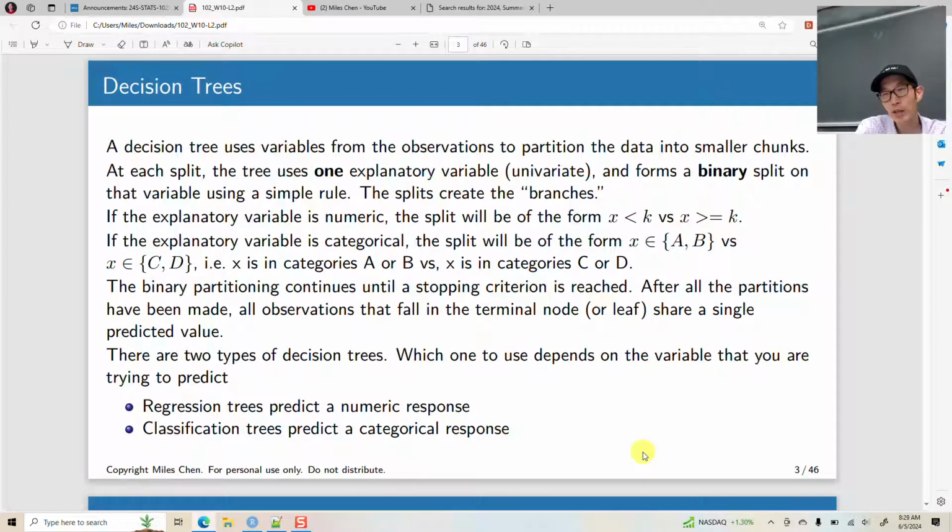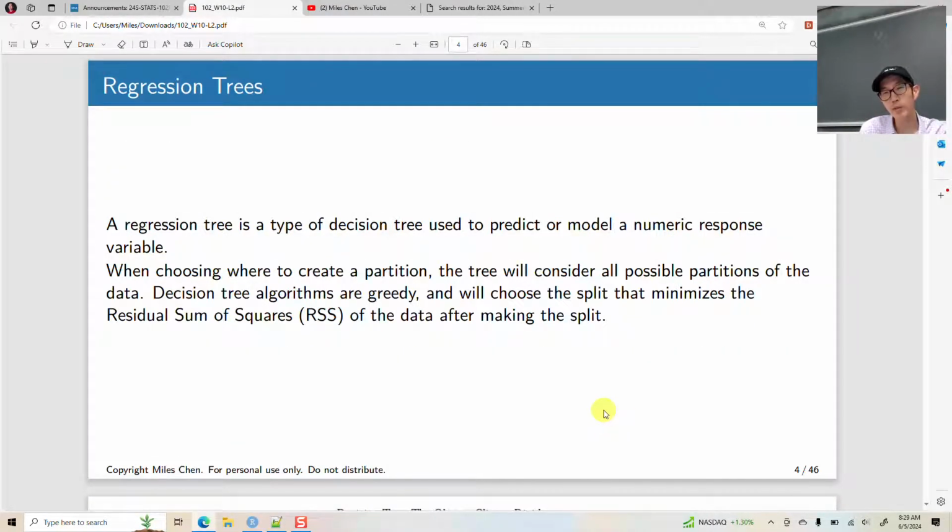But let's talk about how decision trees work. How do you choose the criteria with which you split your decision tree and things like that? So we'll take a look at a numeric response, and we'll look at splitting a regression tree based on a numeric variable. And the way the decision tree algorithms are generally written is that they are written to be